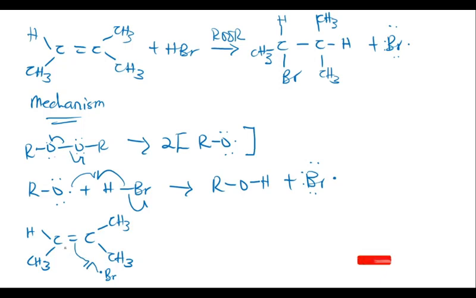Okay, so because this is the less substituted carbon, the bromine will go here. So the other electron will now come onto this carbon. So we have our CH, then we have the bromine, let me put it here, then the CH3. Then the radical will be on this carbon, then we have CH3, CH3. Okay, so we can see that we form the radical on the most substituted, or the more substituted, carbon